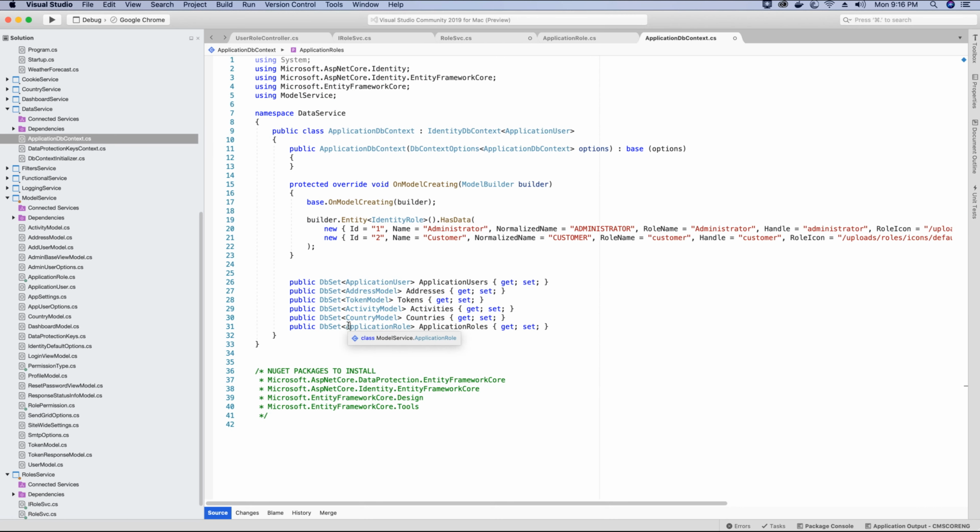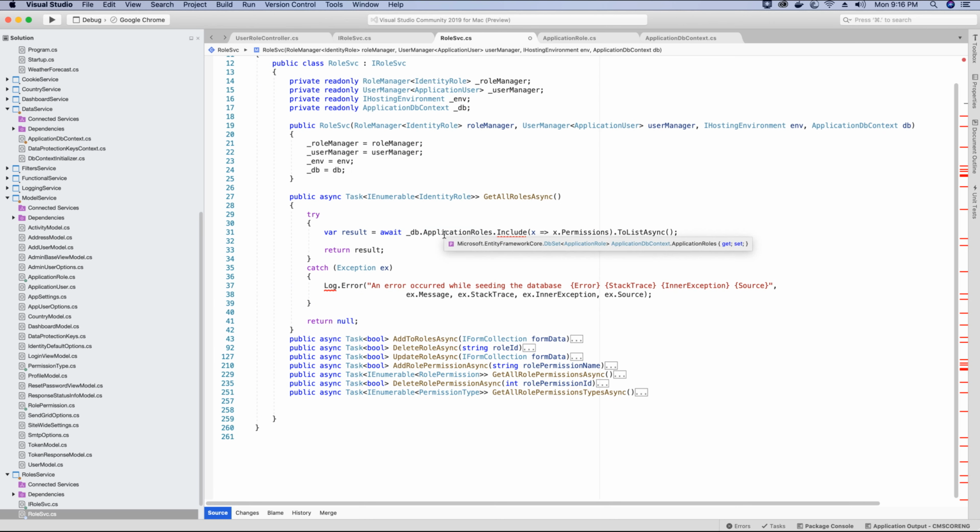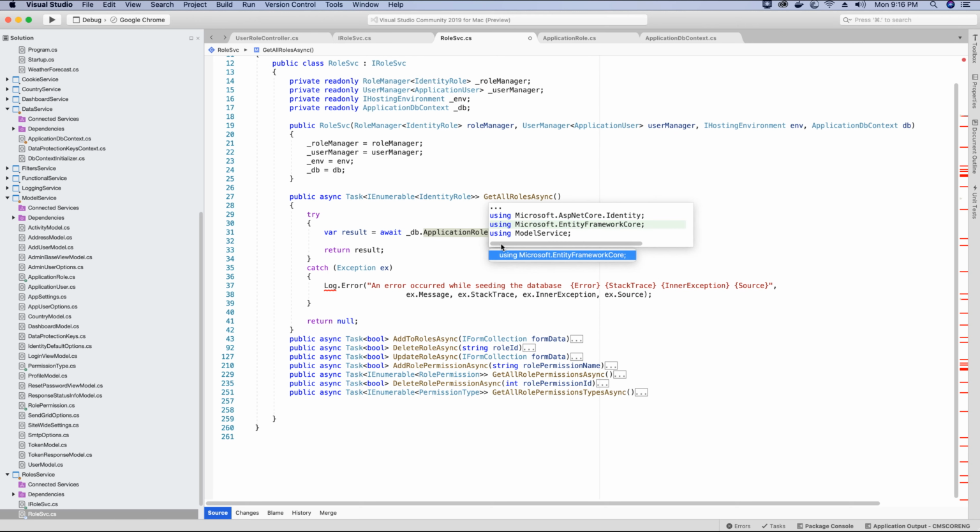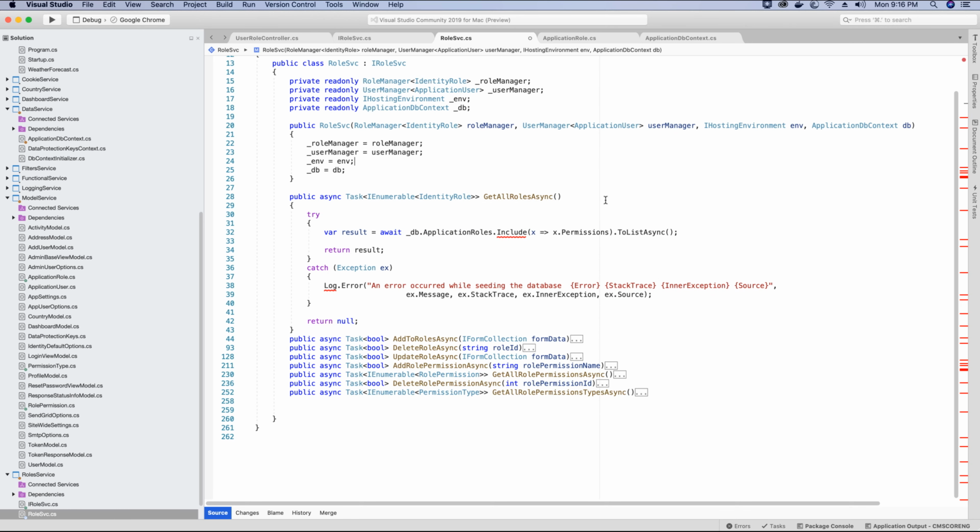So here I have added the application role DB set. I have used the plural naming convention; I've called it application roles. Now if I go back to the role service, I'll have application roles without any errors. I can access it, and I should have a reference to Entity Framework Core so that I can use the include method. When I use the include method, I can include the permission table as well that is attached to